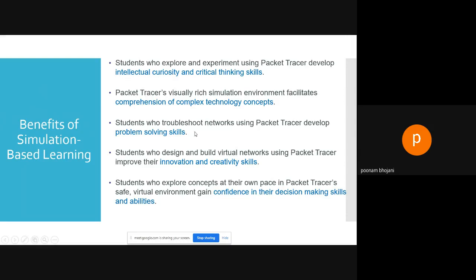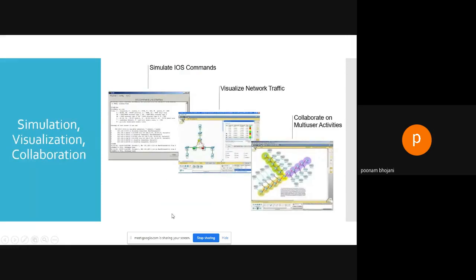But why have they mentioned this type of skills? Because anything can be learned by doing the practical on it, right? Definitely we cannot form a network without spending money. Physically, if you want to form a network, you have to spend lots of money. But if you want to see how it will actually work if I make a physical connection, you can see it virtually in the simulation without spending much money. So you can develop all the skills without doing practical physically. You can do it by simulation and you can work on it.